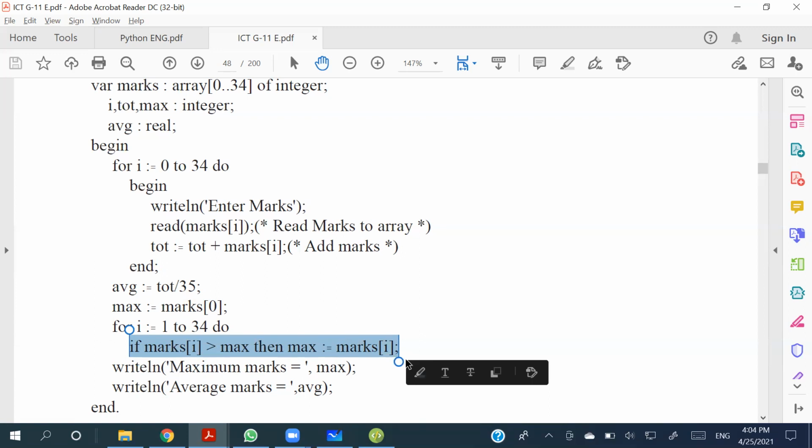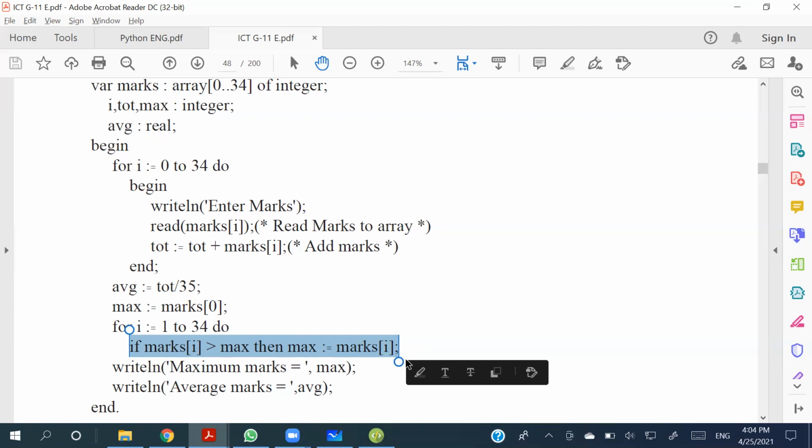Then they continue checking the other 35, and in case they find a value greater than the existing max,